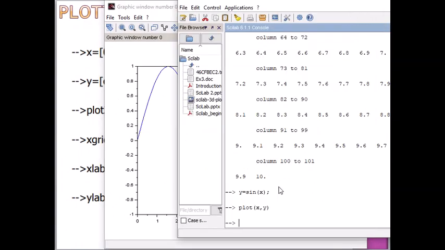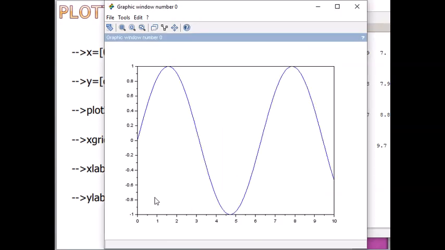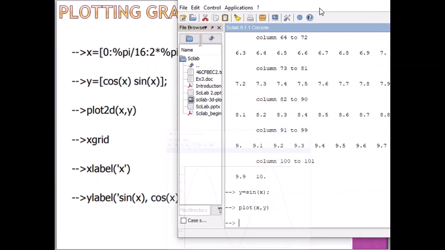Here we give the command plot x comma y. We define y is equal to sine x, and if we give the command plot x comma y, then we get the sine function plot, right?